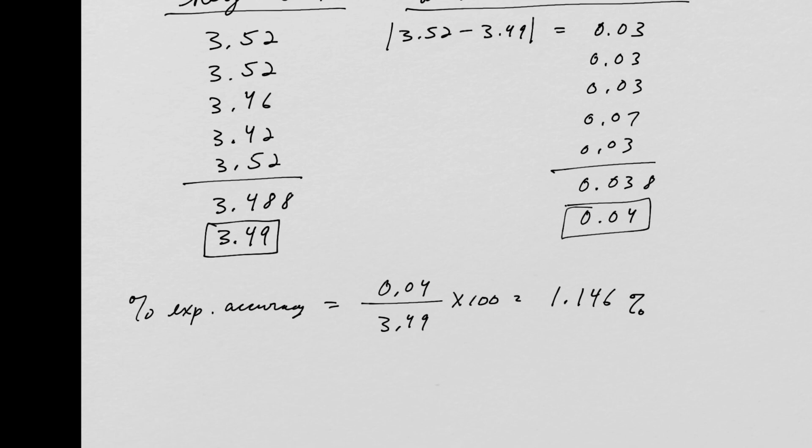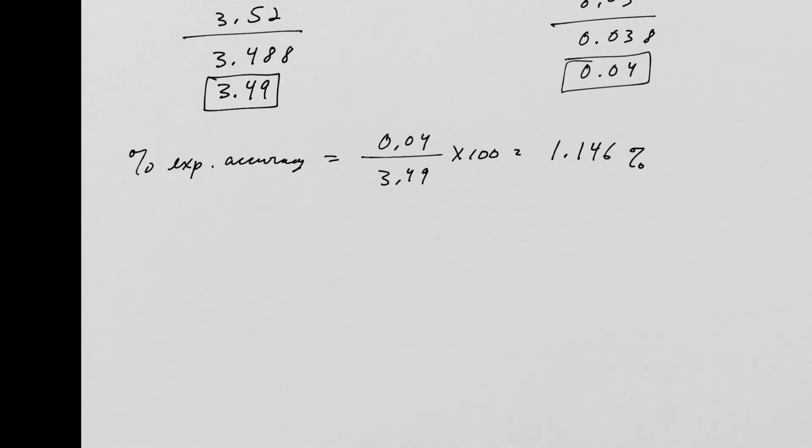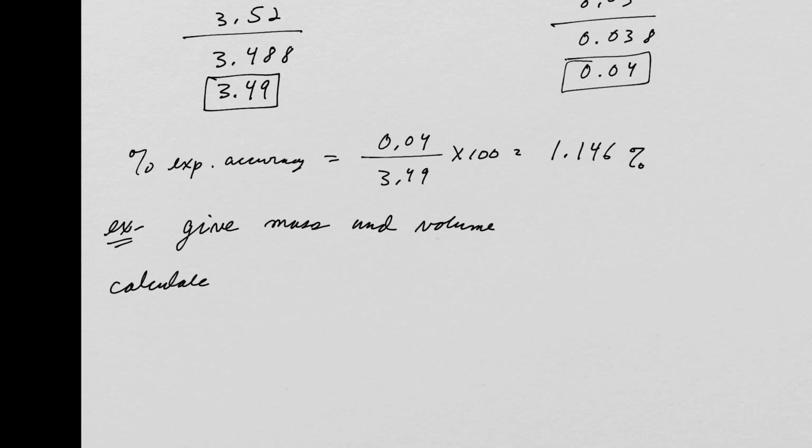Another thing I could do is give you mass and volume, right, 2 values, and say calculate density. Well, that's simply going to be, remember, density is usually rho, it's going to be the mass divided by the